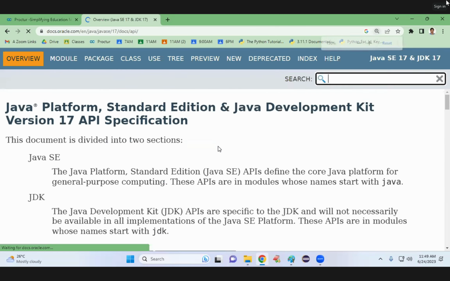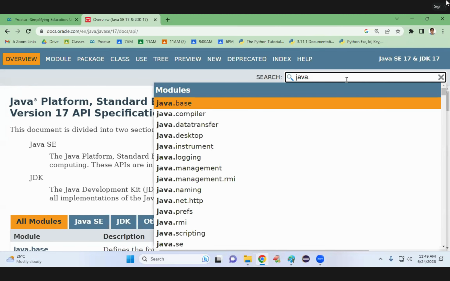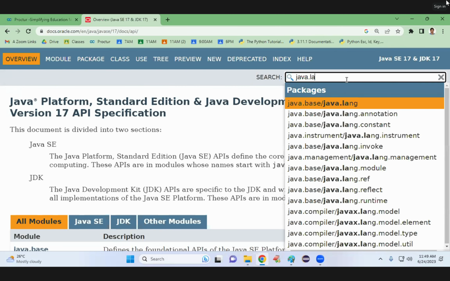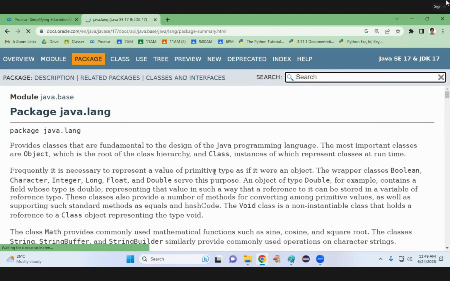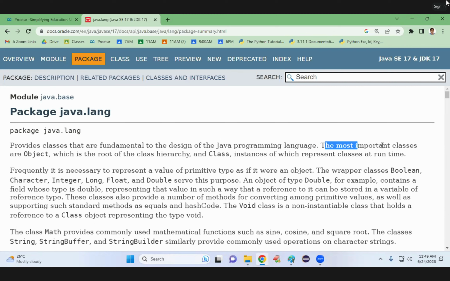So open. Now tell me which package you wanted to learn. java.lang. Type here java.lang. Now this is the java.lang package API documentation page. You people know it, right? Read it. It provides classes that are fundamental to the design of the Java programming language. The most important classes are Object, which is the root